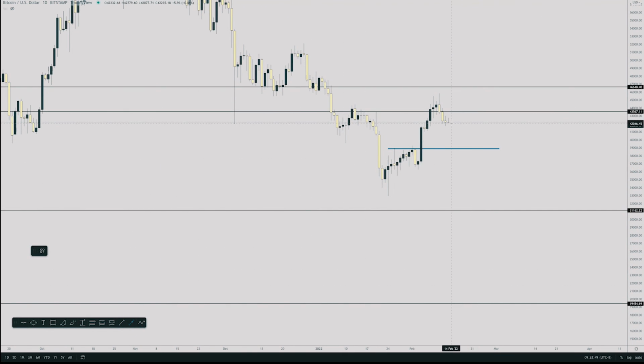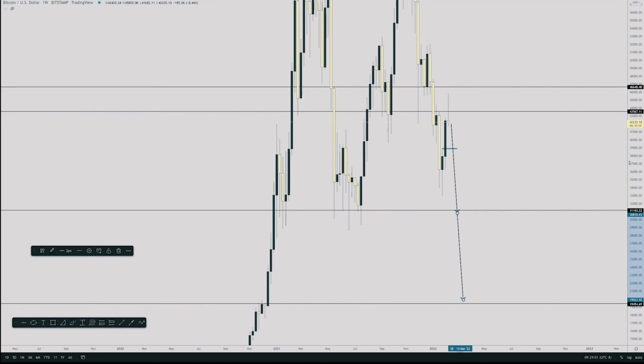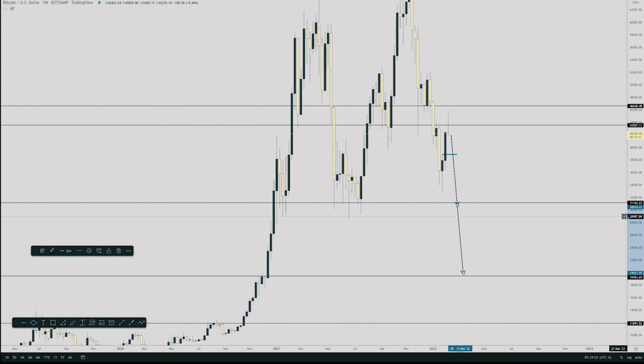Bitcoin, I am seeing price come down to 30K, and then if 30K breaks, which we are expecting, I'm expecting it to go to 20K. So I do see Bitcoin coming down to 30K and possibly even breaking 30K this week or in the next 2 weeks. But that's it for my weekly